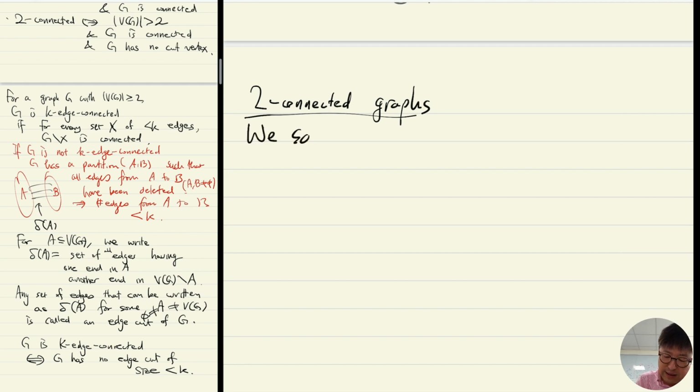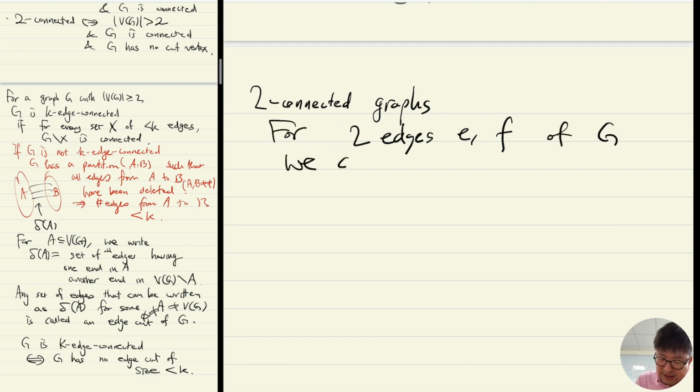So we say, for two edges E and F of G, we say E is equivalent to F if E is equal to F, or, because I want to make this relation reflexive, or